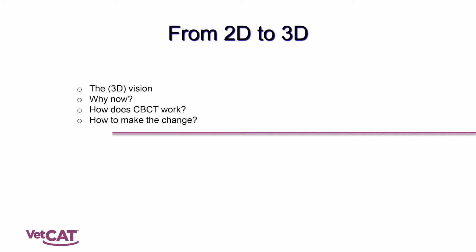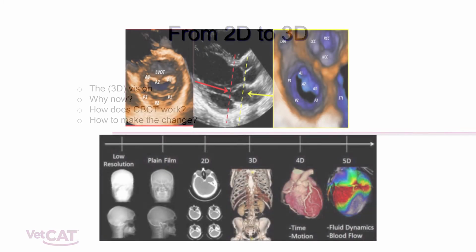And I want to suggest to you that now is the time, and I'll tell you why in just a moment. We'll then jump right in and talk a little bit more about cone beam CT and CT in general, and how to make the change for those of you who haven't done it yet. And for those who have done it, I'll share my general experience. So here's an